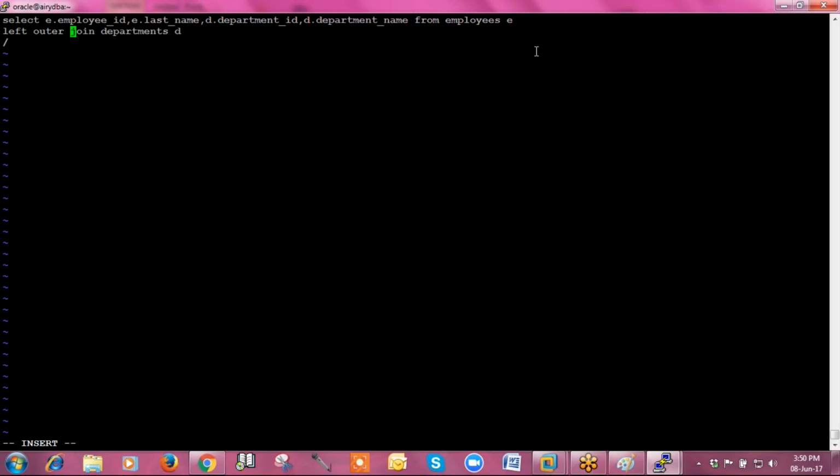Now when I am putting this left outer join, what does it mean? The table which appears after the from keyword is called the left table, and the table which appears after join is called the right table. This is the left table and this is the right table.